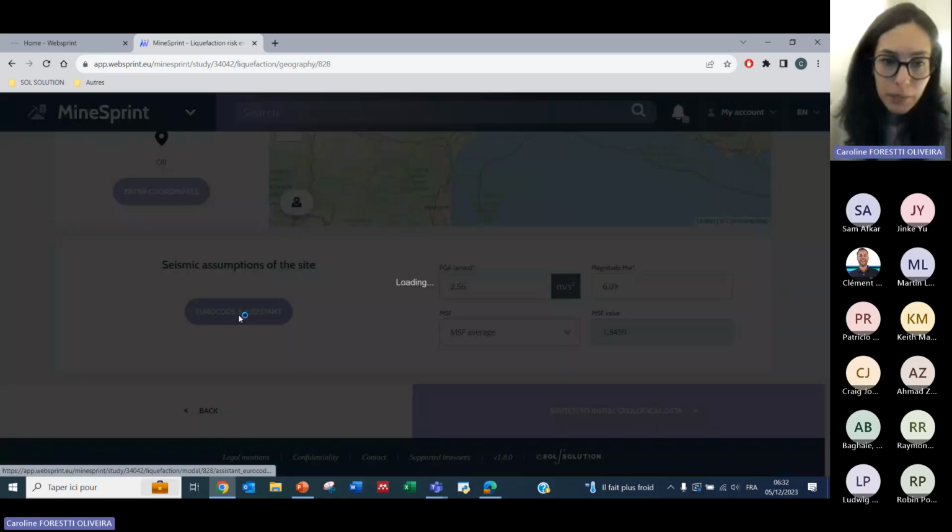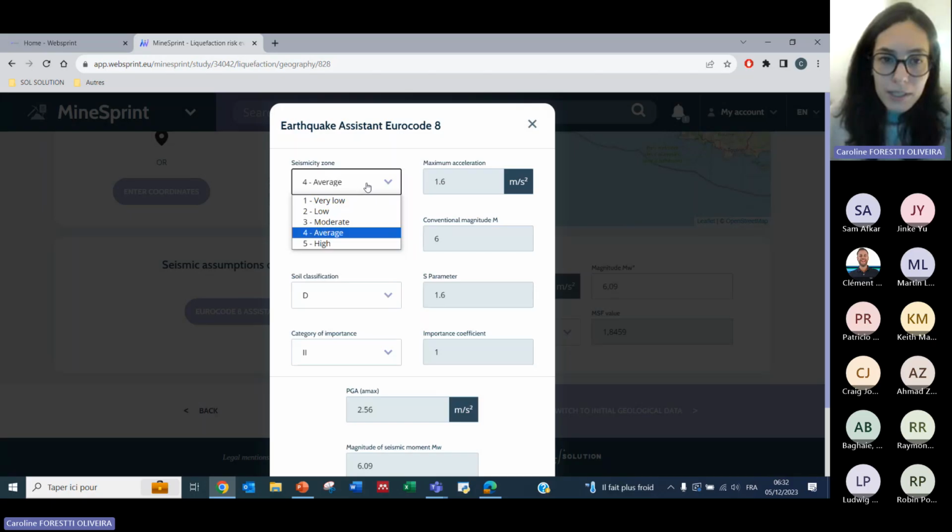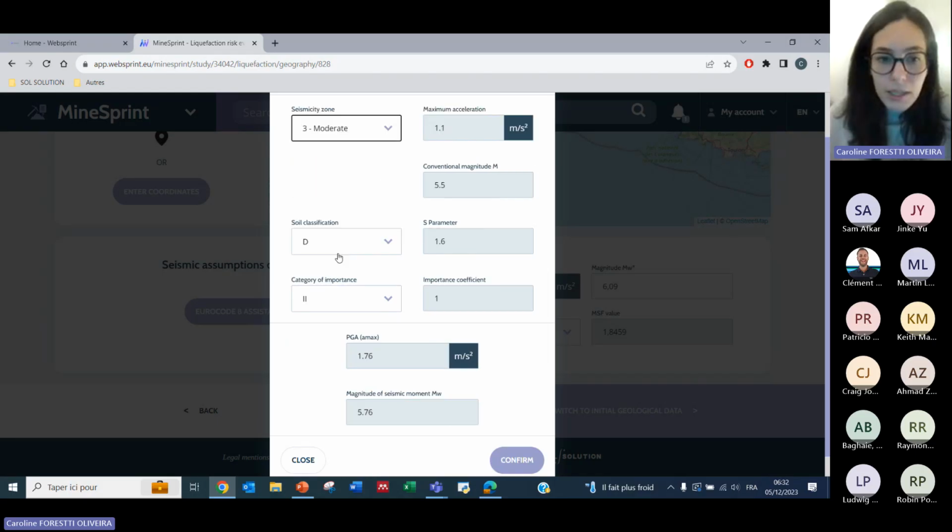Eurocode 8 will be applied. As I said, we have this classification of sites, risk associated to site, from very low to high. In the port of SAT, in this region we'll be analyzing, normally it's low, but for this analysis I'll be putting it as free. Otherwise, you see that the material not liquefied at all, so not that interesting, I'd say. And then you can take into account some